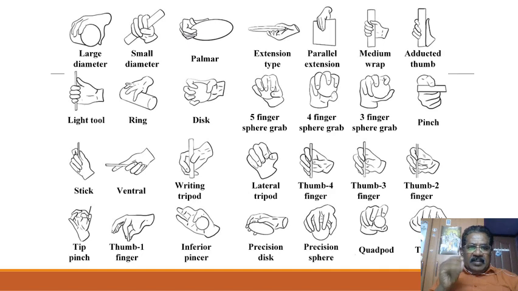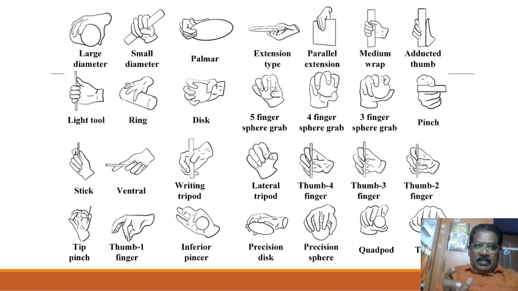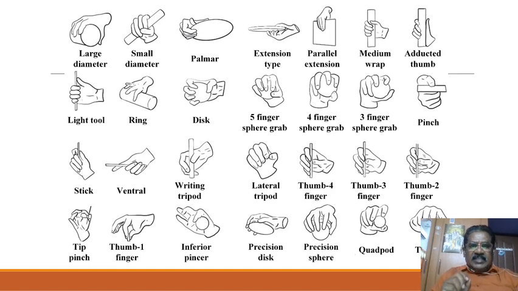If we take an extension type, or if we are holding a disc, how we hold the disc, whether it is a polymer or an extension type, whether the parallel extension and the medium wrap adducted thumb. We have the light tool, ring, disc, five finger sphere grab, etc. Now these things will be very handy when we talk about programming,